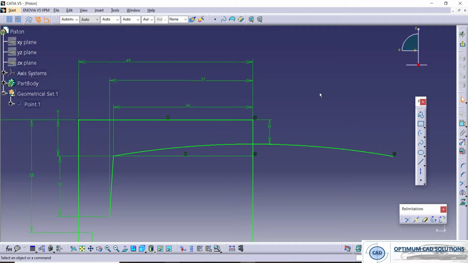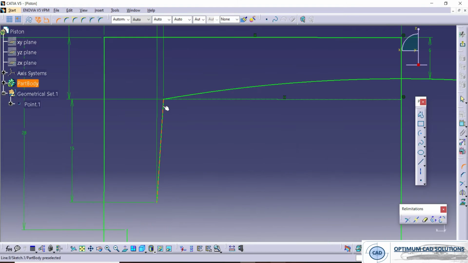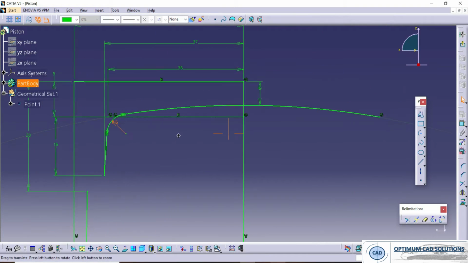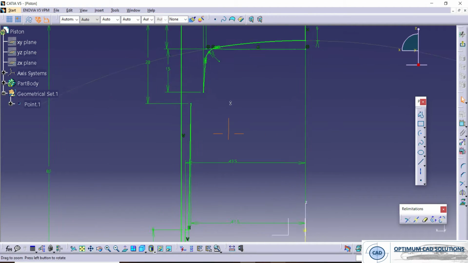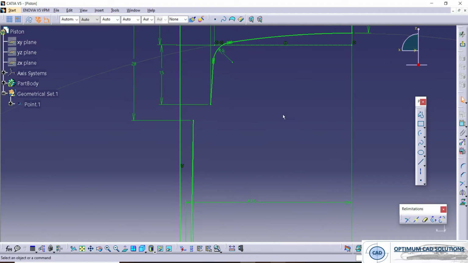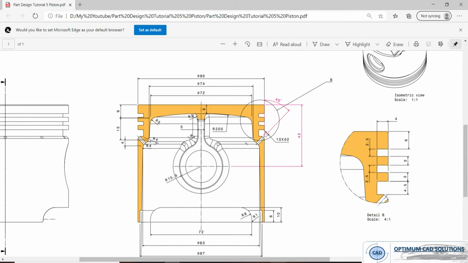This radius is 5 mm. Now we will erase this one. Now we need to draw this area. First of all, we will connect both the ends. Yes, here, and it has a radius of 4 mm on both sides.